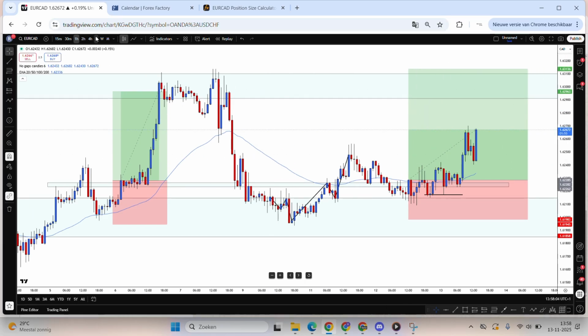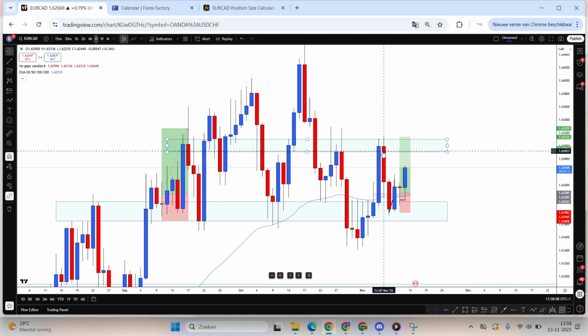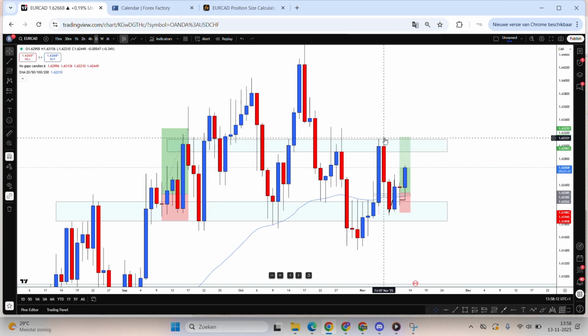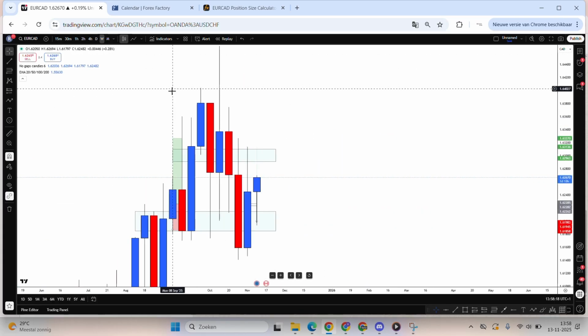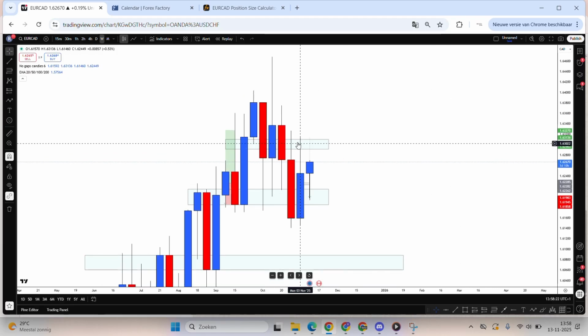And if you go to the daily time frame, we can place our take profit at this structure level right there. I think it will fill the wicks right there, maybe the wicks right there as well. And maybe if it really has the potential, it could make a higher high on the weekly time frame and maybe fill this wick right there. But